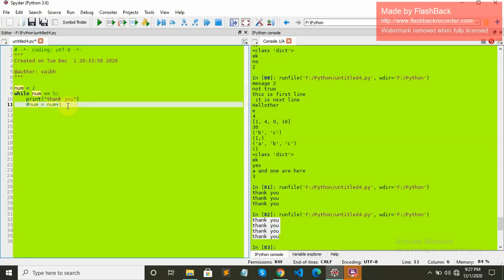In simpler terms, as the while loop continues to execute the block of code present within it only until the condition is true, the for loop executes the code present inside it just for a particular number of times. The number of times I'm talking about is settled by a sequence, or an organized list of things. Now let's have a look at the for loop.